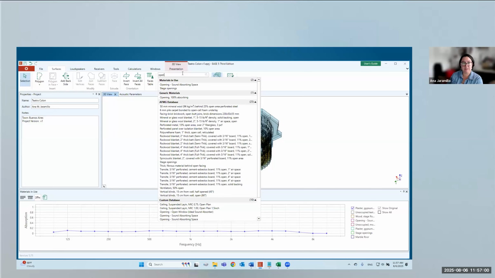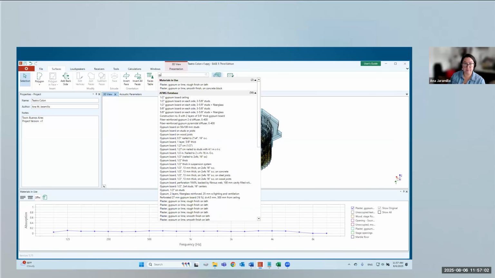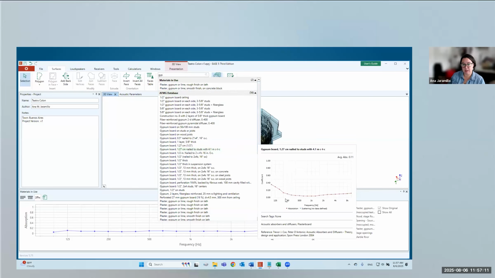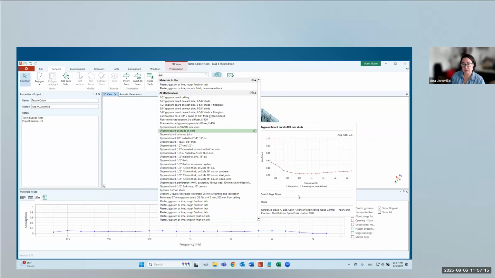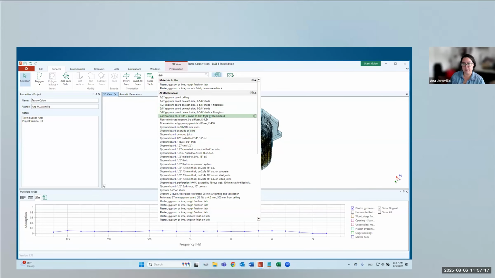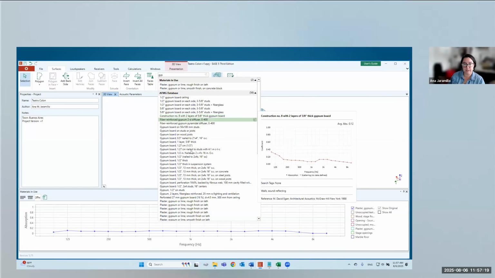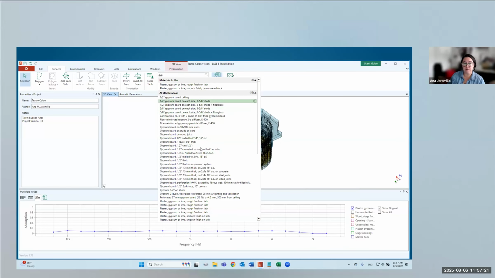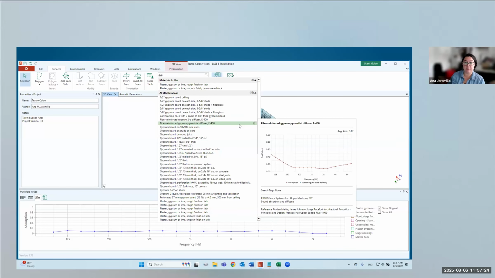And remember, in EASE, just as an example, there are 56 options for gypsum, but we can say, this one comes from Cox and D'Antonio, or this one comes from the noise control book, or from Egan, or from Meta. So all of these are different references from published sources,